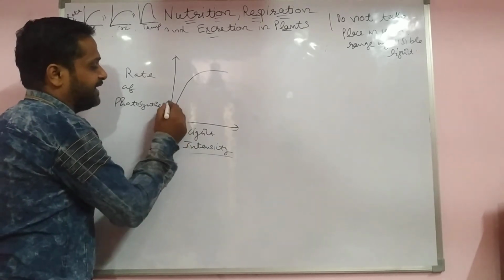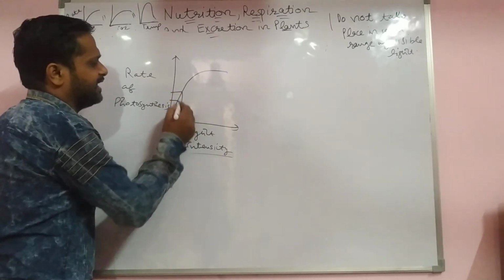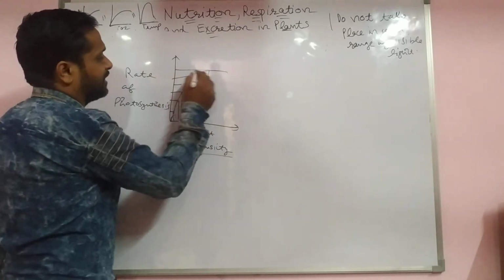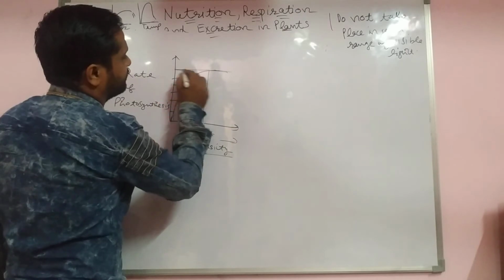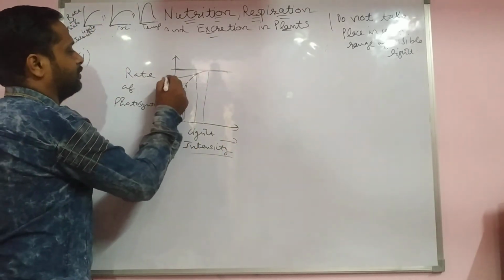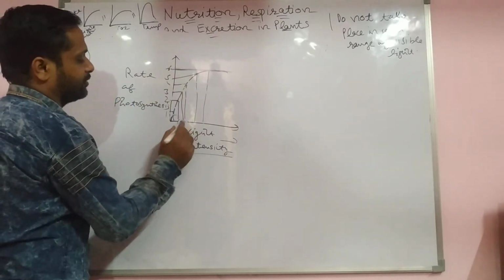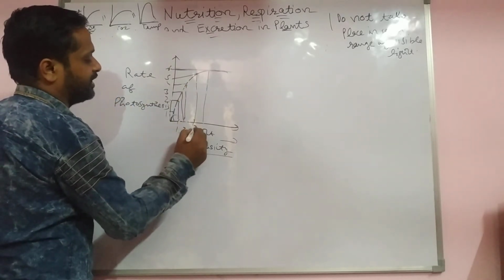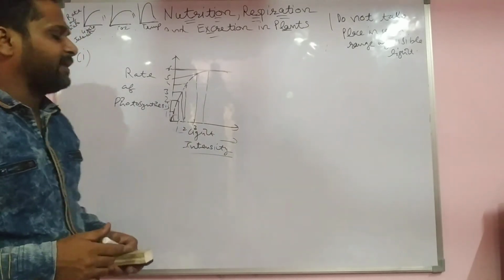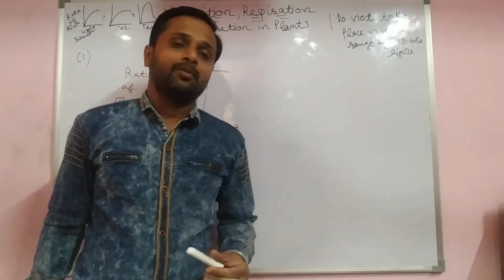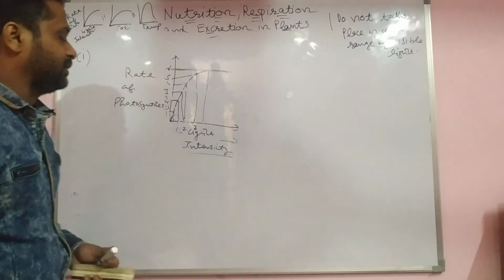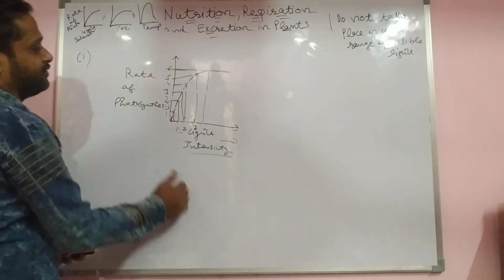If we increase the light, the rate of photosynthesis also increases, up to a maximum. But afterwards, if you increase the light, the rate becomes constant. Intensity 1, 2, 3, like this. If you increase it, the rate also increases, so it is mainly directly proportional. If light intensity is more, there is more breakage of CO2 into C plus O2, then more glucose will form. Yes, students, this is the first graph, a very easy graph.